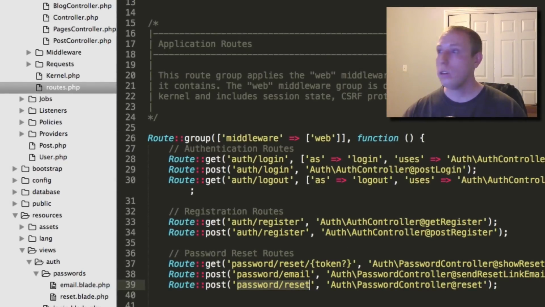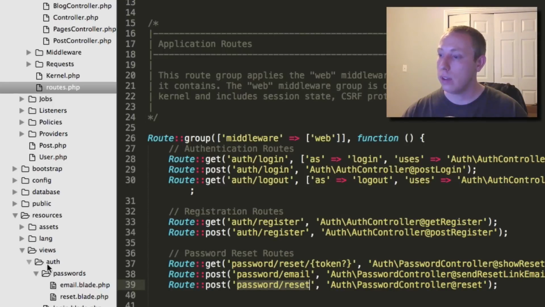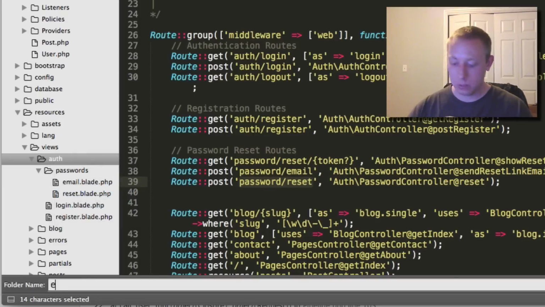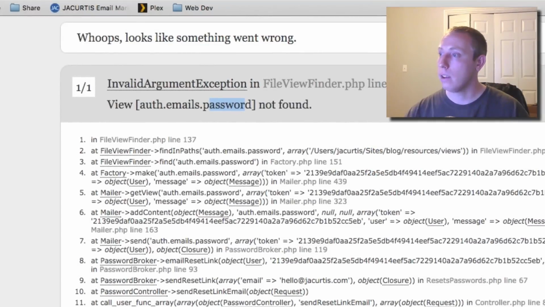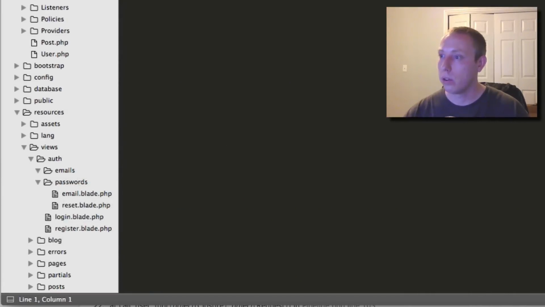Now, in order to do this, if you come back and look at this, you can see that it's actually looking inside of a folder called emails, okay? So it's under auth and then emails and then password. So what we need to do is under our auth view, we need to create a new folder called emails. I believe it was emails plural, right? Yeah, it was emails with an S. And then inside of there, we need to create a new file called password. Yep,